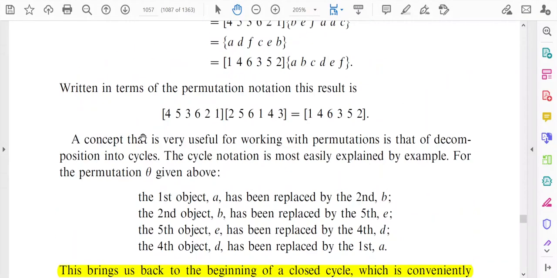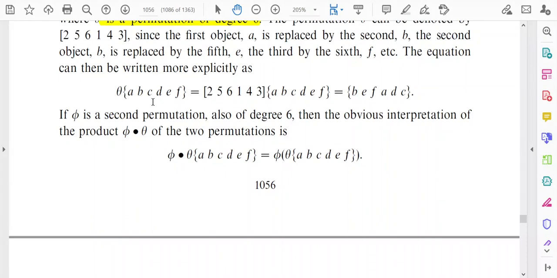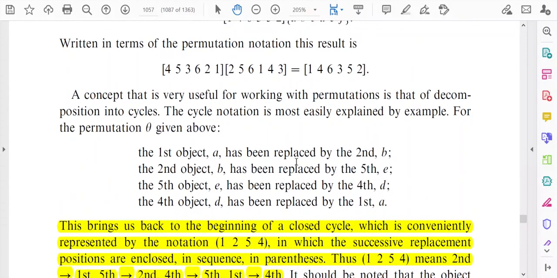So you look at the operation again, where theta acts on ABCDEF, and after acting on ABCDEF, theta gives BEFADC. Again I am saying BEFADC. So if you carefully look at this arrangement BEFADC, then we can say some sentences, like first object A has